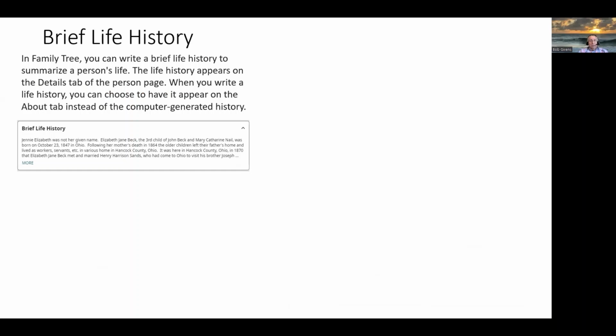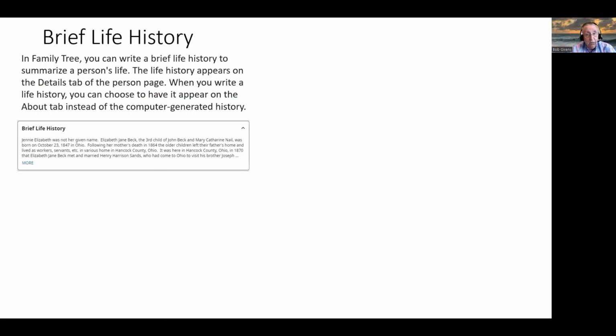And what we found is that many of us, like me, were using this instead to put warnings. It wasn't called a brief life history. It was called life story, brief life story, or something like that. So they recalled it. They repurposed it as brief life history to try to get us to really use it